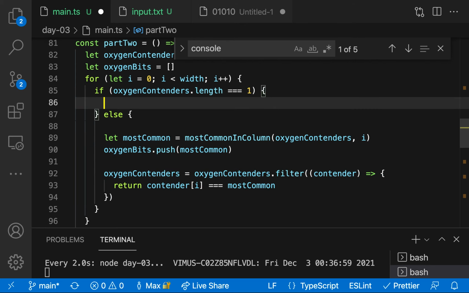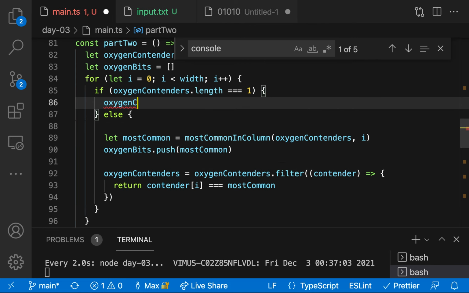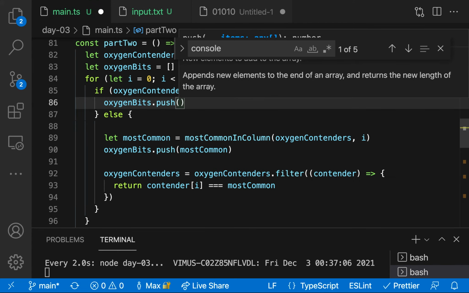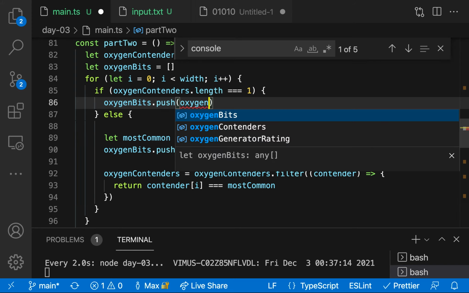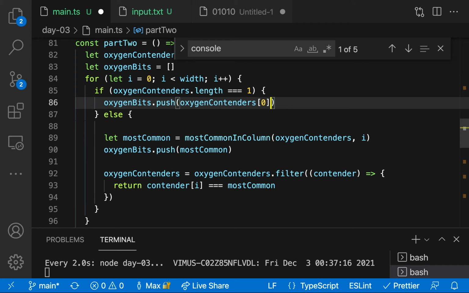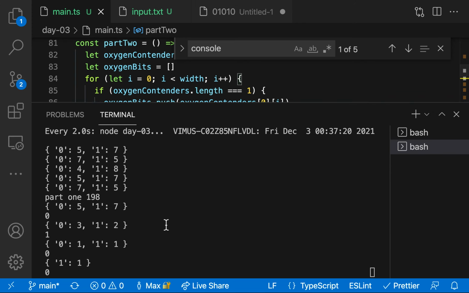But here, really all we've got to do is say oxygen bits push, what do we want to do? Oxygen contender 0 I, right? There's only one, and so